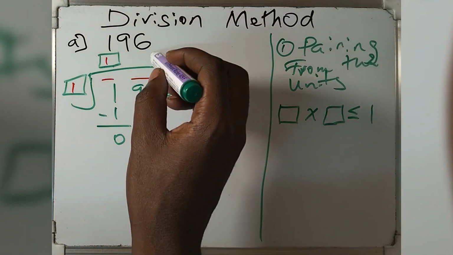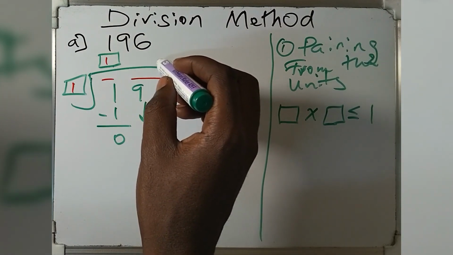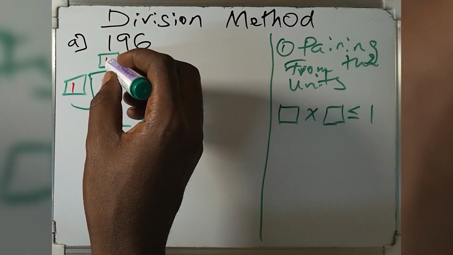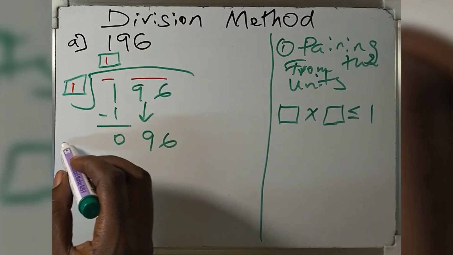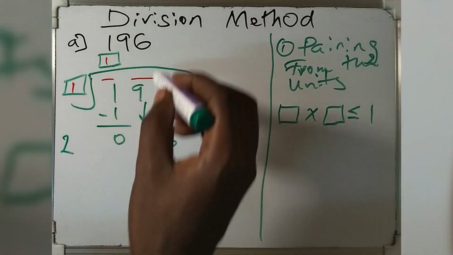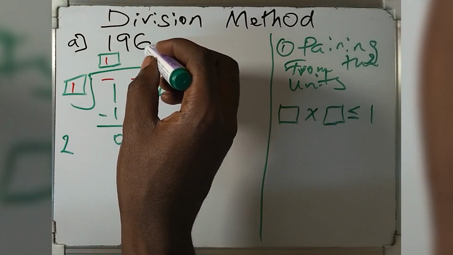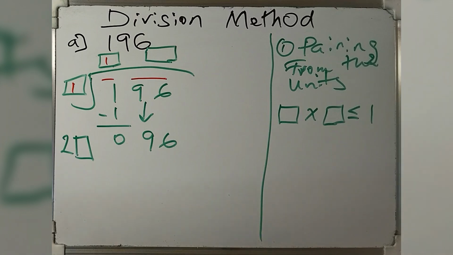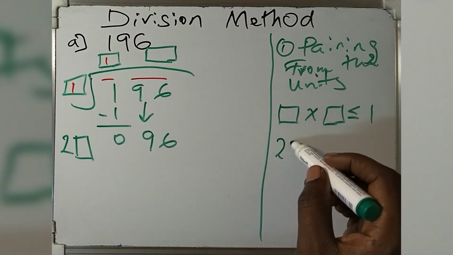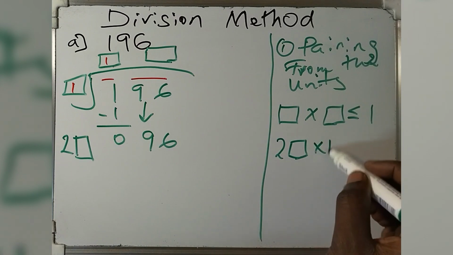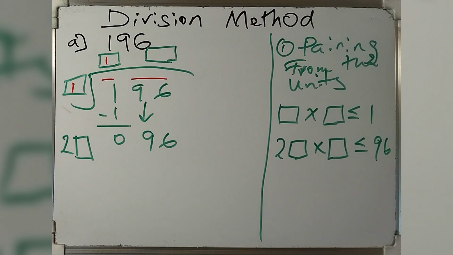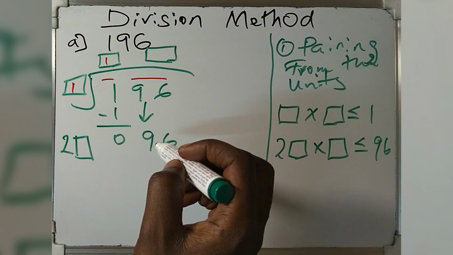A number that will be here, we repeat the same process, but we double this one first. We double the quotient first. So when we double the quotient, we get 2 here, and then the number that will be here is the same number that will be here, such that 2 followed by this number, times this number, is less than or equal to 96. And now, since this is the last group,